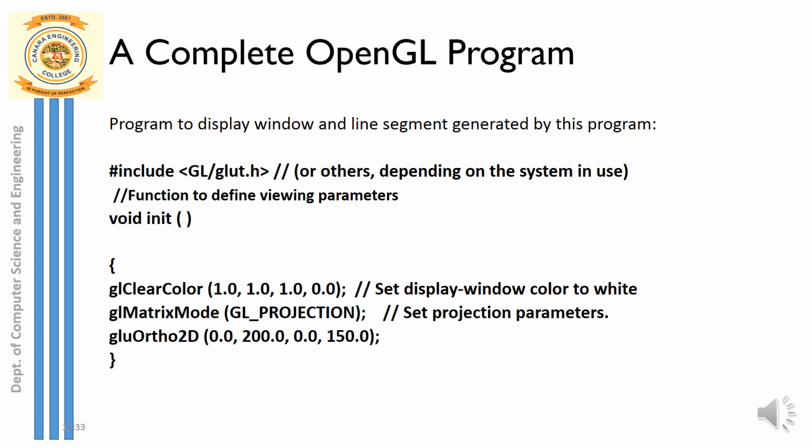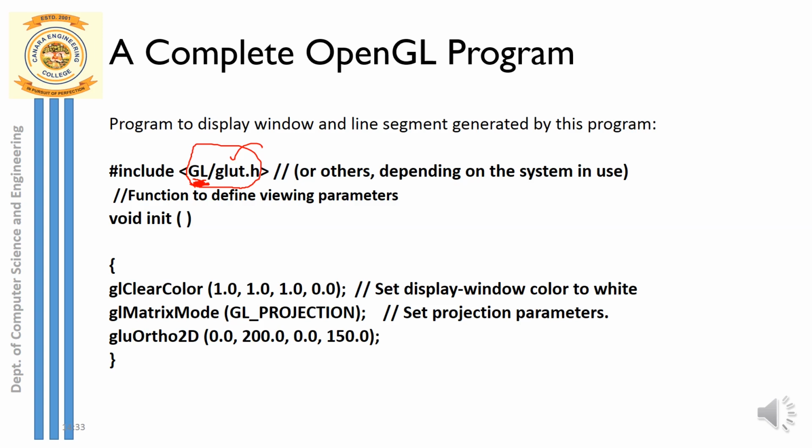To begin with, we have a header file or OpenGL library that has to be defined, and the OpenGL library here we are using is glut. So the header file is glut.h, and remember this prefix, this indicates the path of the GL folder under which this glut header file is saved. So here we have glut.h, the header file defined.